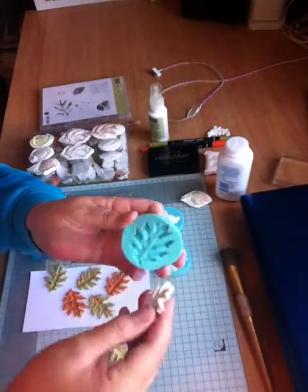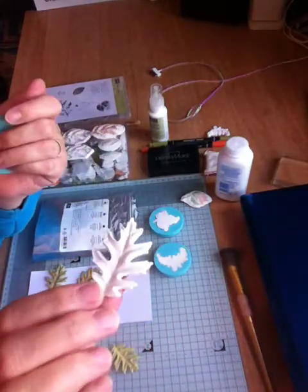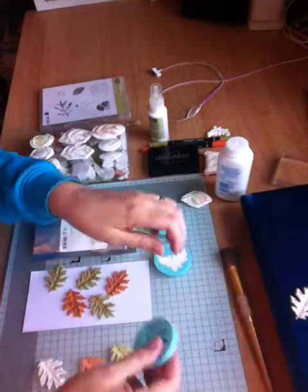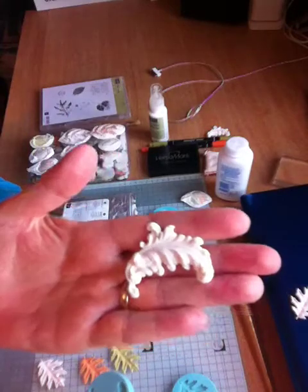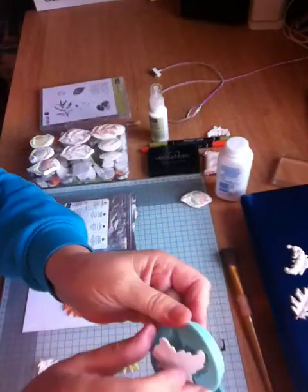Now, this one I did last night before I went to bed, and it has come out not a problem at all, but it's still damp. You need to give them a good 24-48 hours to dry out properly. And as you can see, I did quite a few different ones. This is almost like a feather flourish or a fern leaf. And then this is like a traditional